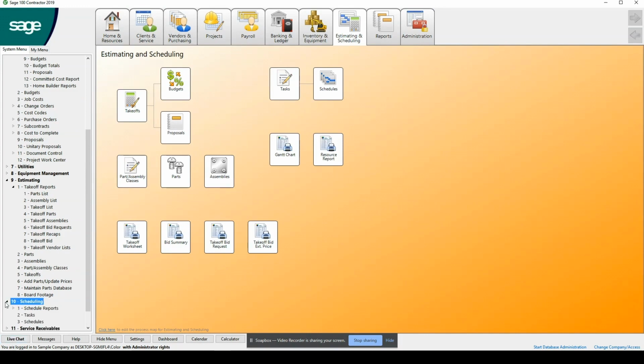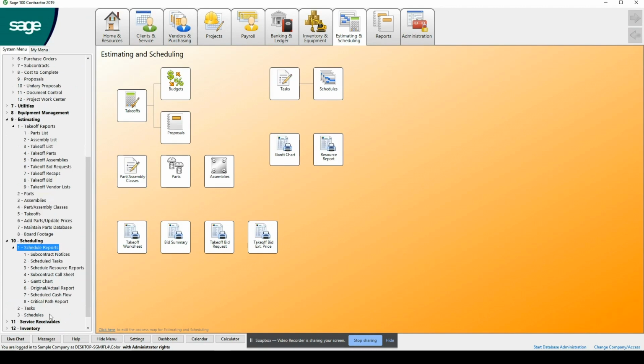Then we start talking about our scheduling classes and how the schedule gives us critical path reports and then schedule cash flow. All of this information comes directly out of estimating, because that's where the project really starts when we build the estimate. Then after that, we just export it to the project management component of Sage 100 Contractor, as well as the accounting component of Sage 100 Contractor.